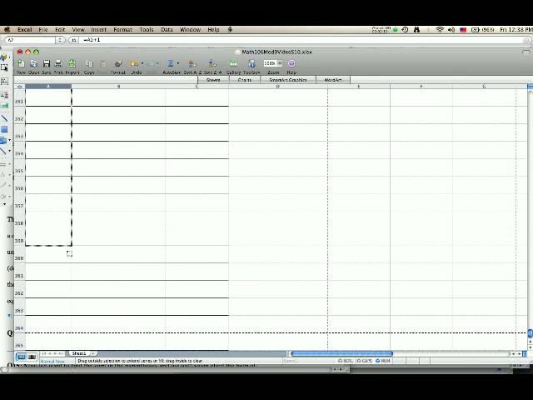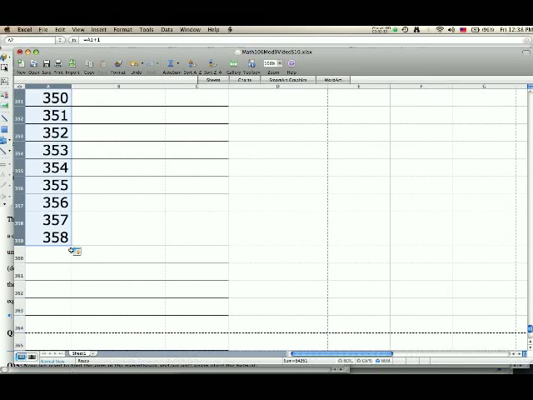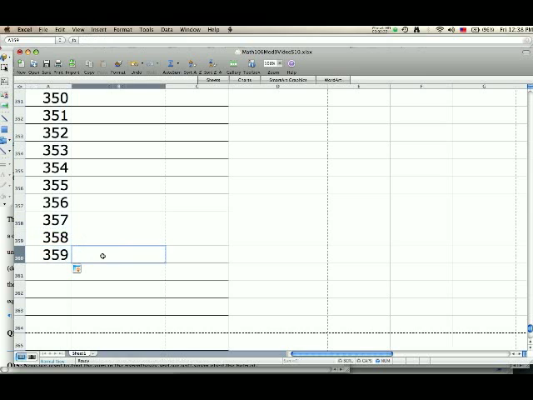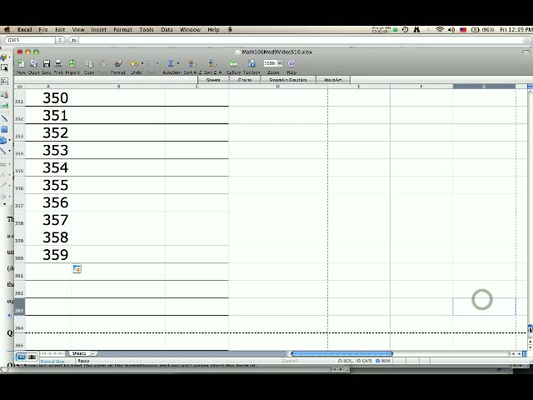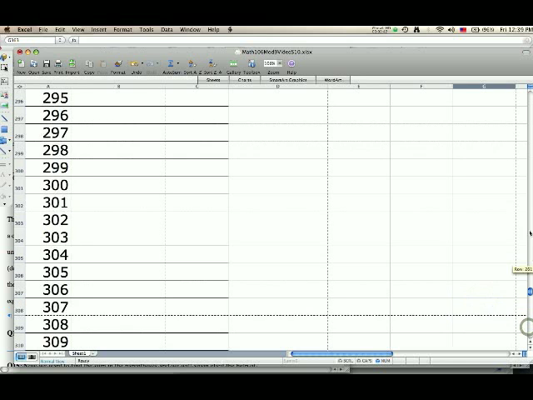Okay, so got to the end here. Oops, I need one more. Oh, right, because I started at 0. So I have to go 358, 359. Okay, so I just generated all of the exponents from 0 all the way down to 359. So this ends up in row 360 because I had the 0 in cell A1. Okay, all right. I'm going to go back up to the top of my spreadsheet. Use the scroll bar. Go back up to the top of my spreadsheet,